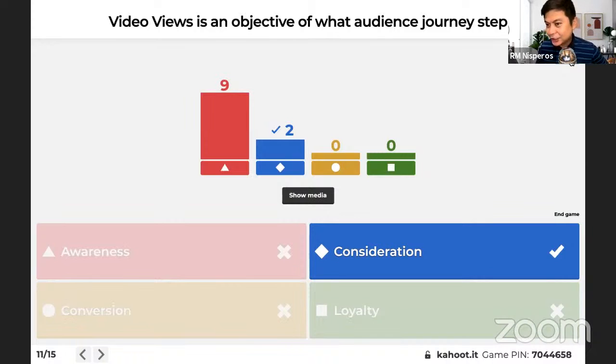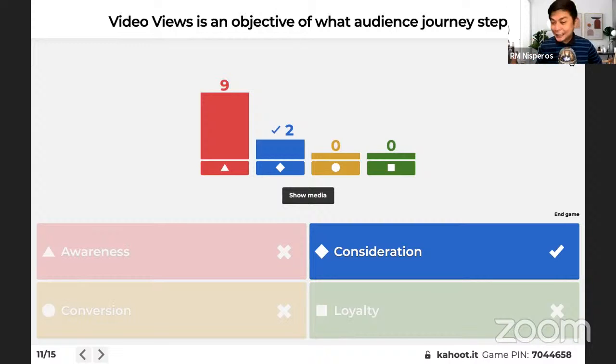Usually consideration siya. Awareness could also be viewed. Video view can also be used as a metric for awareness, but that's not the best metric for awareness.